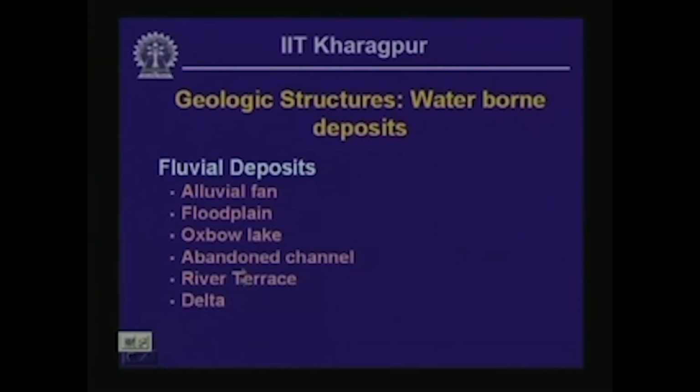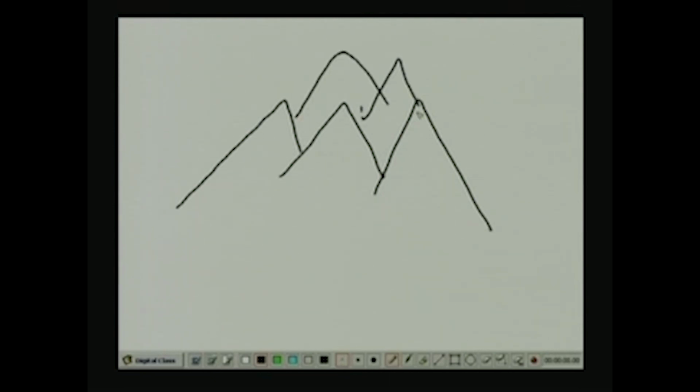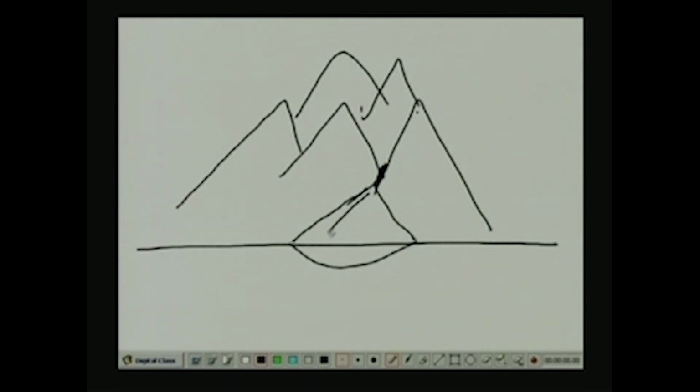Now, let us see what we mean by each one of the terms that I listed there. Imagine a river flowing out of a mountain range, and it is hitting a relatively flat area once it exits the mountains. In that case, there will be a lot of sediment load that it carries when the slope it is passing through is relatively steep, and then once it hits a shallow slope, the river tends to deposit the sediment load in the form of a fan, and this type of structure is called